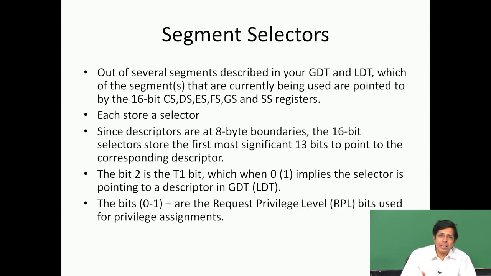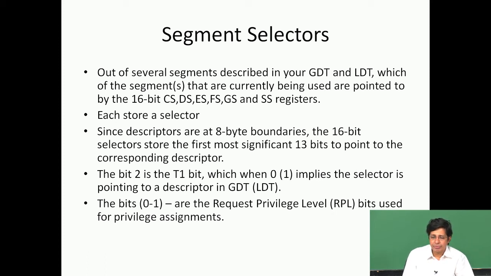I could have more than 10 or 20 descriptors. As a program, at any point of time, I will be using one of those descriptors for code, some for data, and one for stack. I could have 10 code segments inside that LDT and go from one code segment to another. One of those code segments will be used currently because CS will point to exactly one code segment. One of those segments will be used for stack because SS points to one stack segment. Then for the data, I can use any one of ES, FS, GS and DS.